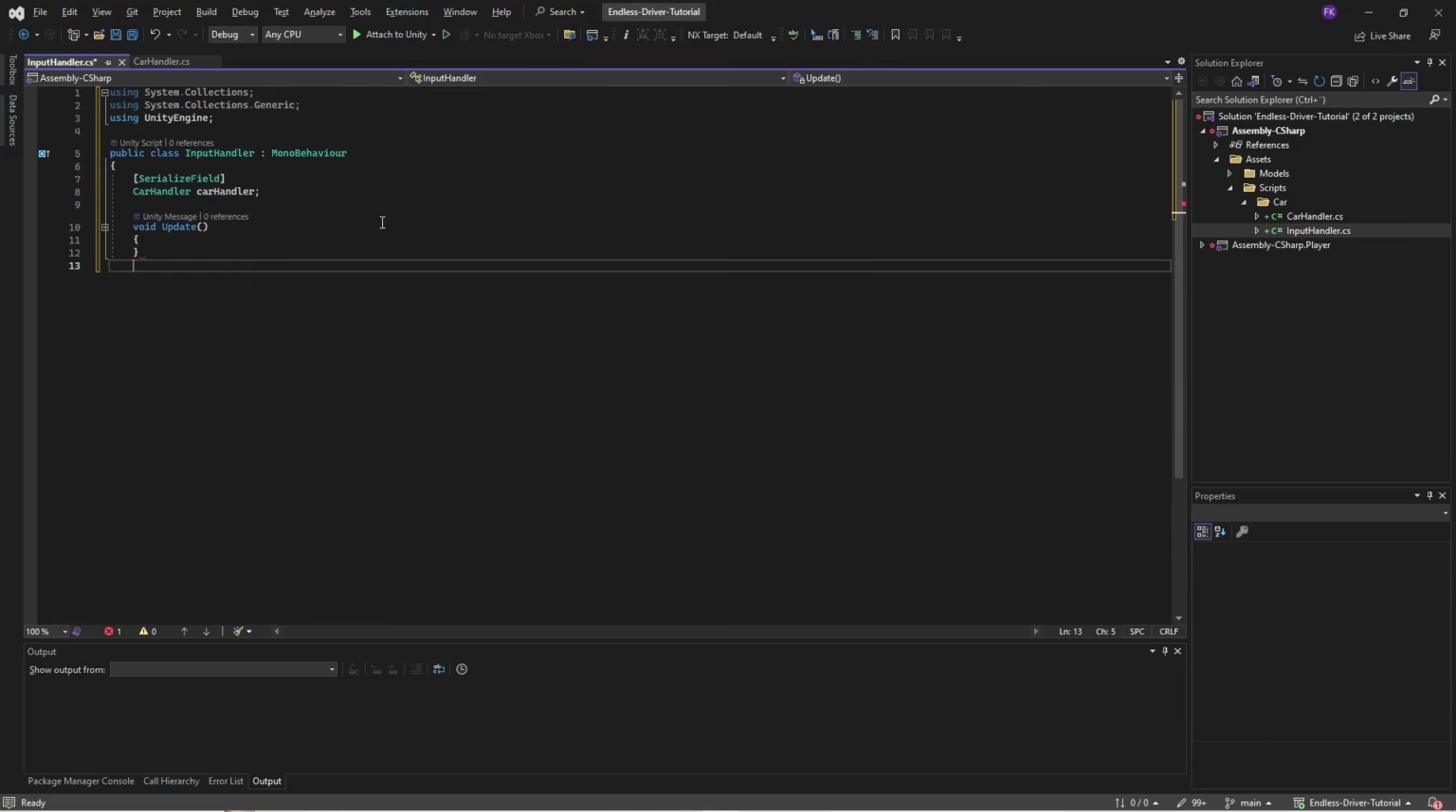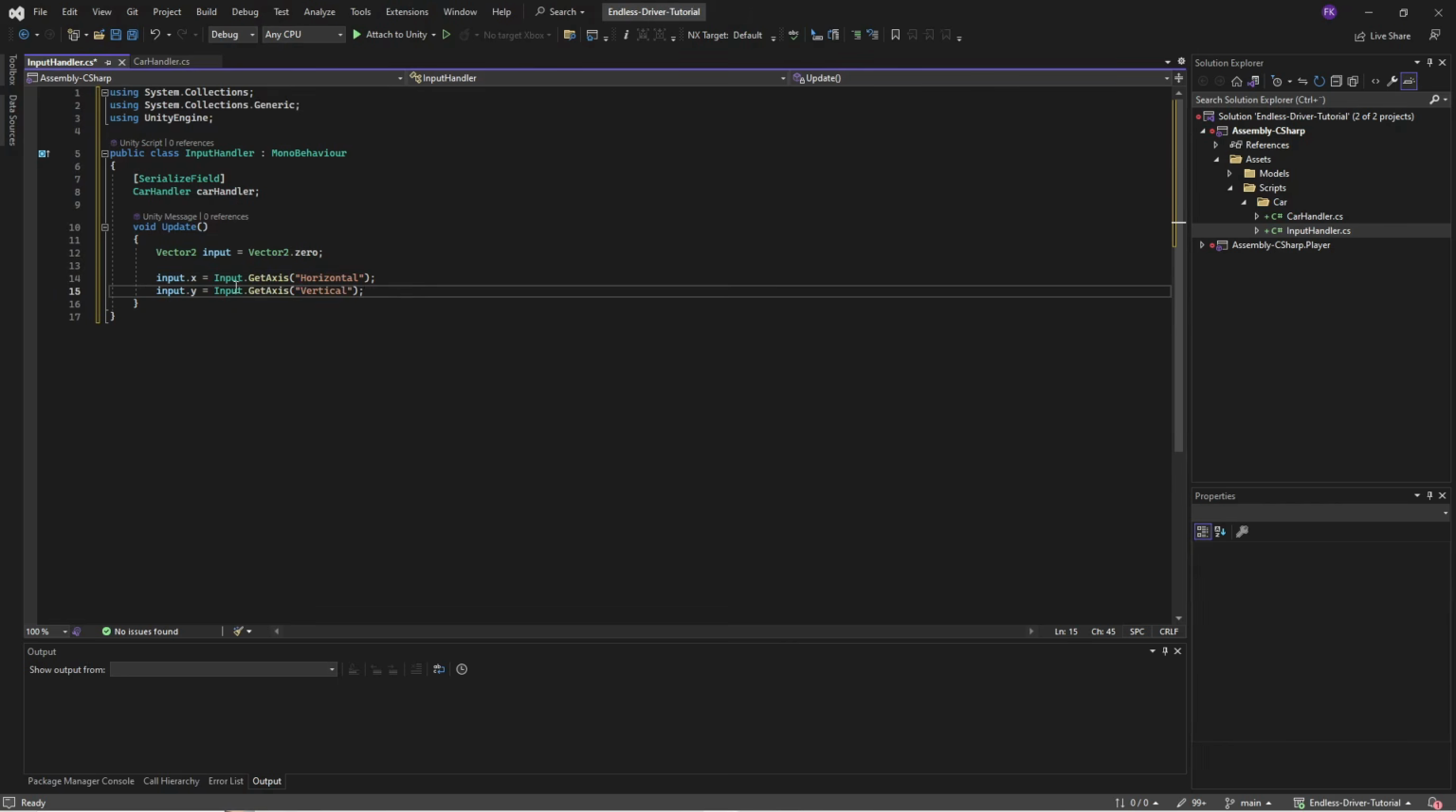So in our update loop, we are going to get the input from our player, and before that we need a vector for it. So we're going to have a Vector2 input, and then let's get our horizontal input and put that in our x value, and our vertical input, let's put that in our y variable. And then we are going to do car handler set input